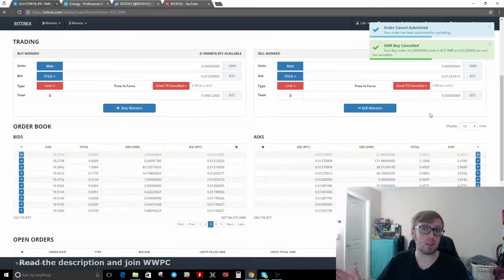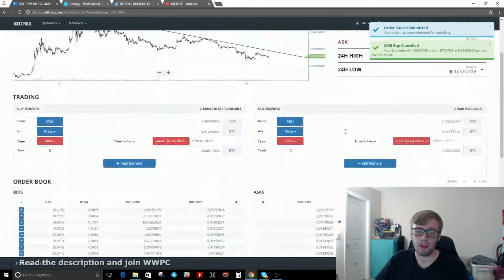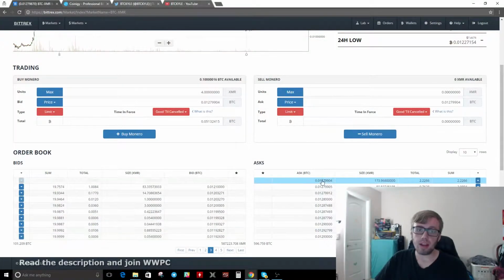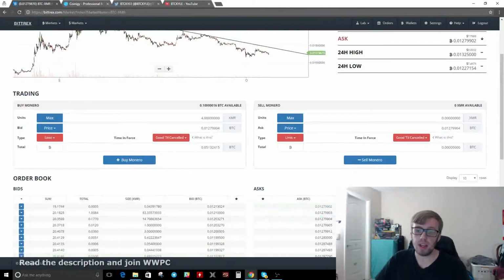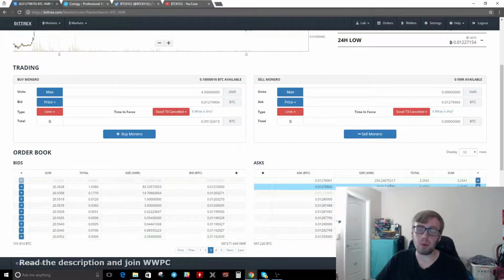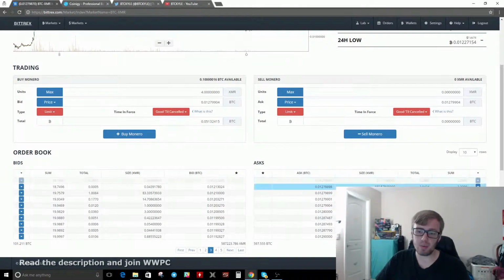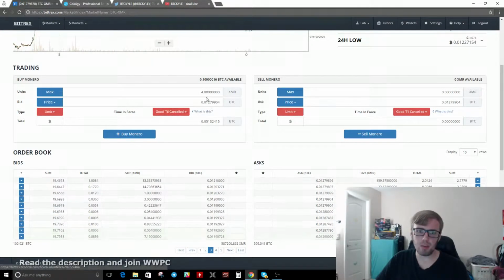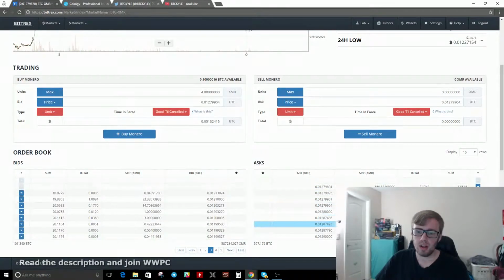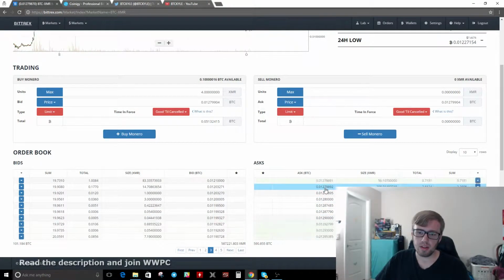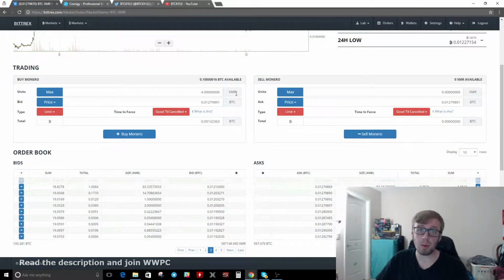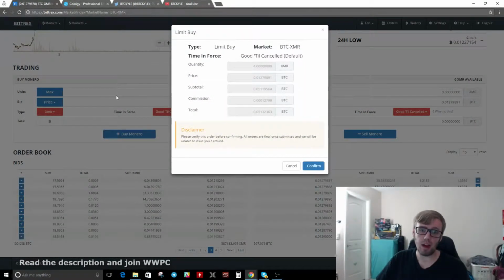And again, no fees are taken out for canceling. And I'll go here. And again, I can click to pre-fill this. And you can see that some people are selling, again, the bots are going crazy, but people are selling a bulk of 150, 60, whatever XMR. And we should be able to buy that no problem. So I'll just pre-fill here. I want to buy that. I want to buy 4 XMR. Click buy. Again, I want to make sure that my price is set up properly, and I'm buying the price that I am intending to buy. Okay. So I'll click confirm,